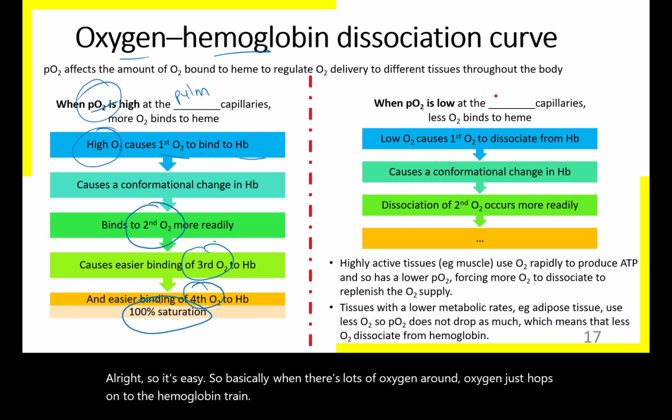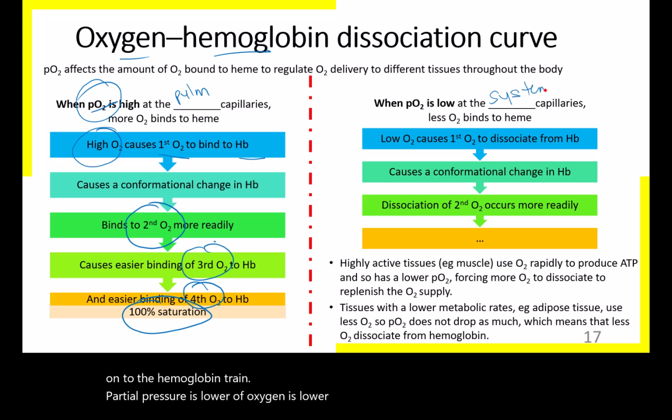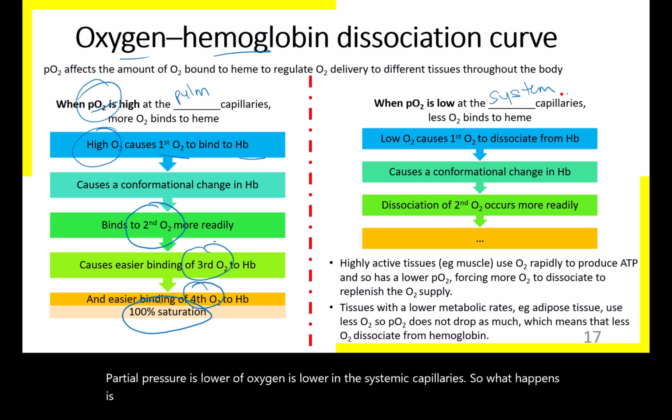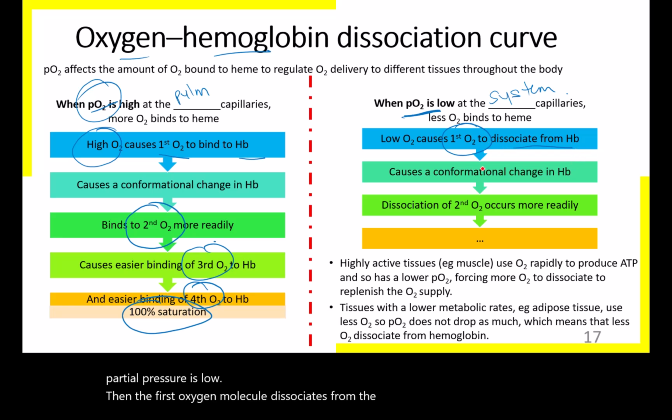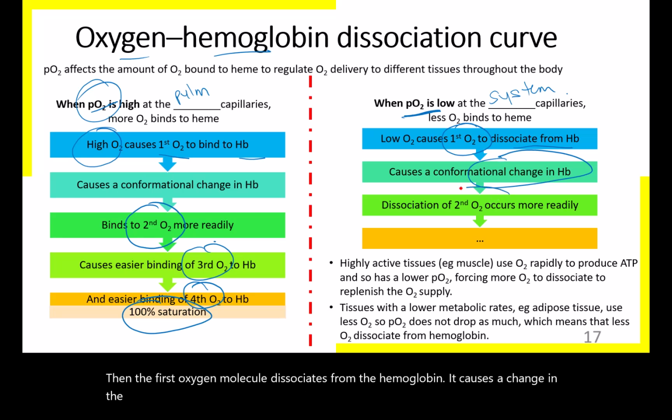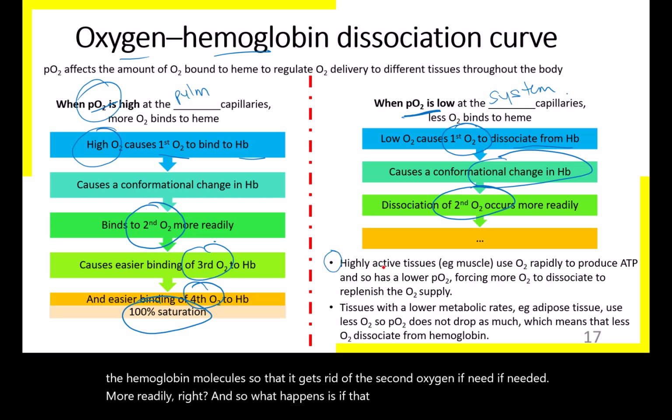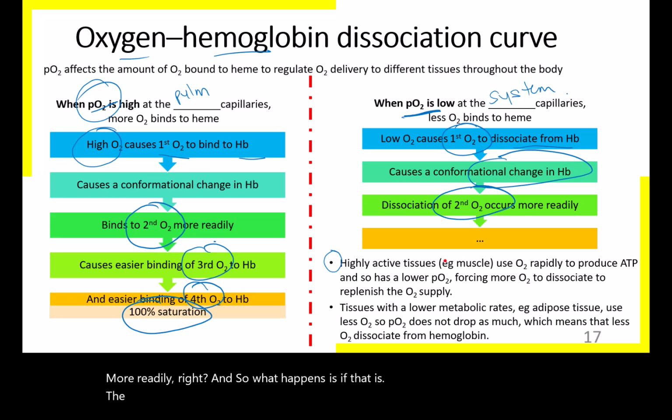The partial pressure of oxygen is lower in the systemic capillaries, so it causes oxygen to dissociate easily from hemoglobin. Because the partial pressure is low, the first oxygen molecule dissociates from the hemoglobin. It causes a change in the hemoglobin molecule so that it gets rid of the second oxygen more readily, right? And so in the systemic capillaries at highly active tissues like muscles,